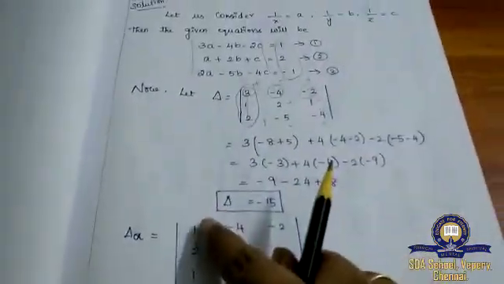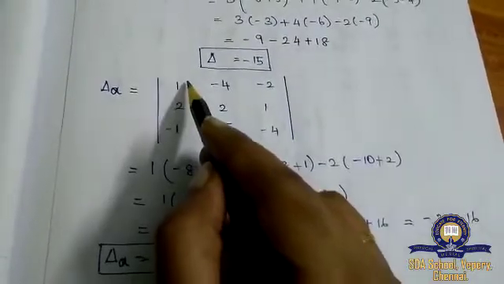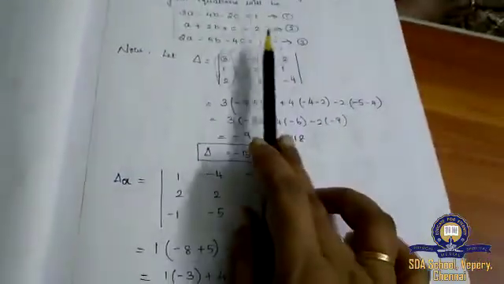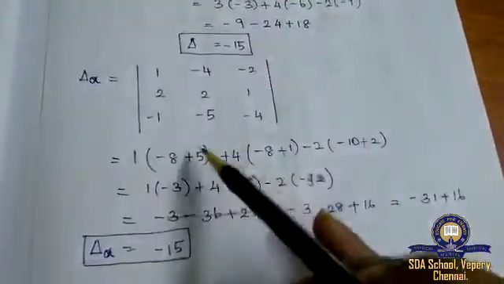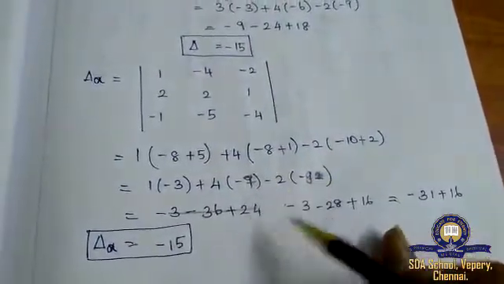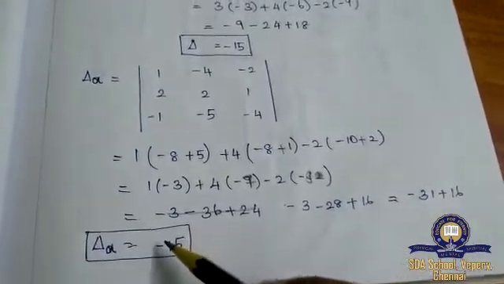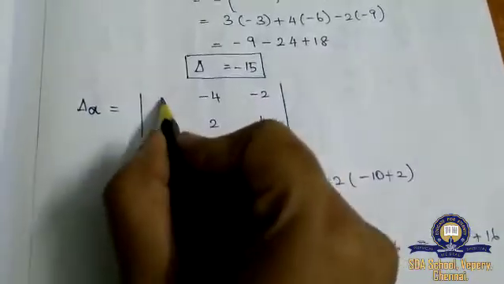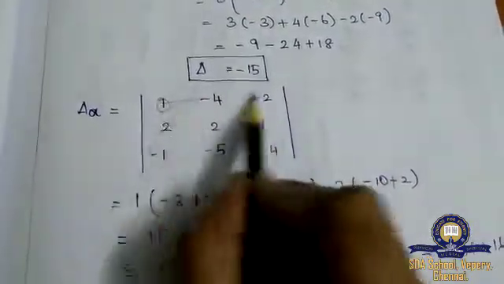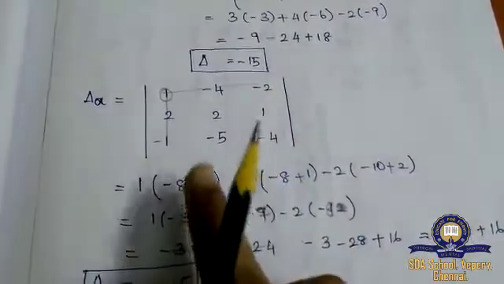1, 2, and x value, sorry, a value, I've substituted my equation value, that is 1 to minus 1. After that you need to find out the determinant value. I made some mistake here. So after finding the determinant value, I will be getting this answer, that is minus 15. Okay children, and how will you find the determinant? First element and corresponding rows and columns will be deleted, and after that you have to cross multiply the value.